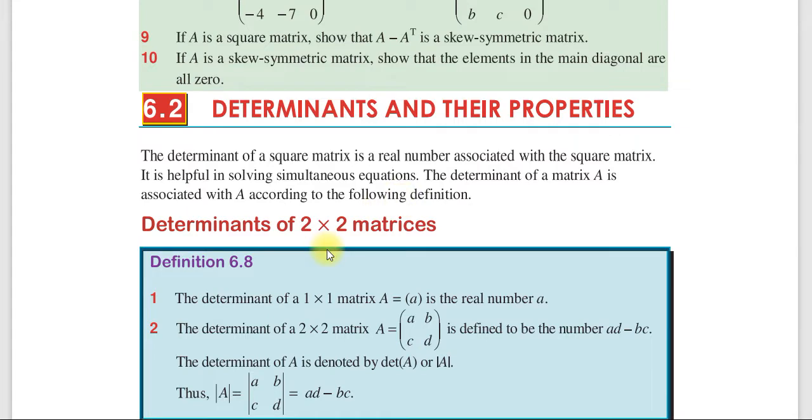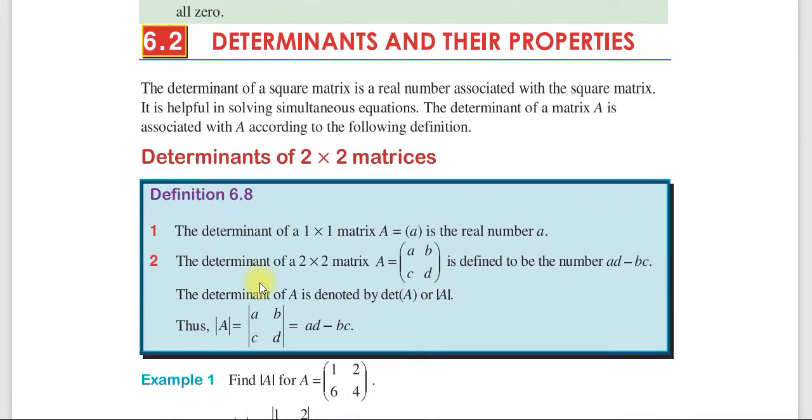Okay, so መጀመሪያ እንግዲህ what is the determinant of a 2 by 2 matrix የሚለው እናያለን። 2 by 2 matrix ማለት ሮ ሁለት የሆነ ኮለመኑም ሁለት የሆነ ማለት ነው። 2 by 2. So definition 6.8: the determinant of a 1 by 1 matrix A, which is equal to a, which is a real number. 1 by 1 ማለት ኦልሬዲ የሆነ ቁጥር ብቻ ማለት ነው። ስለዚህ እሱ ዲተርሚናንት ምንድነው ማለት ነው? ሪል ነምበር A ነው። The determinant of a 2 by 2 matrix A ከሆነ ደግሞ ለምሳሌ ABCD ተብሎ ቢሰጠን